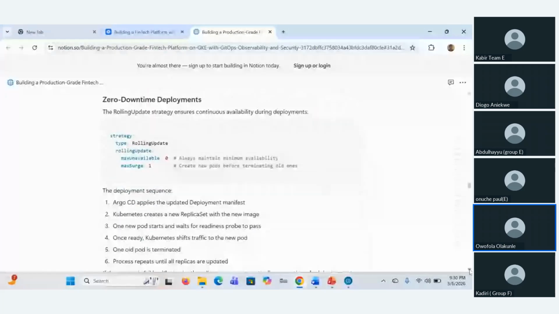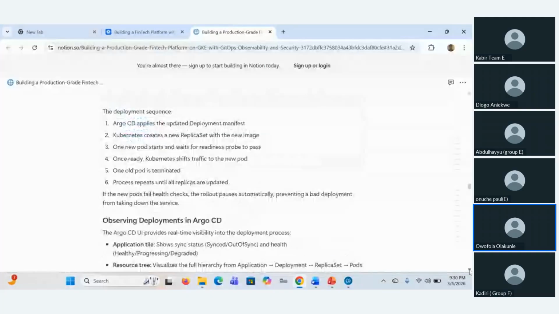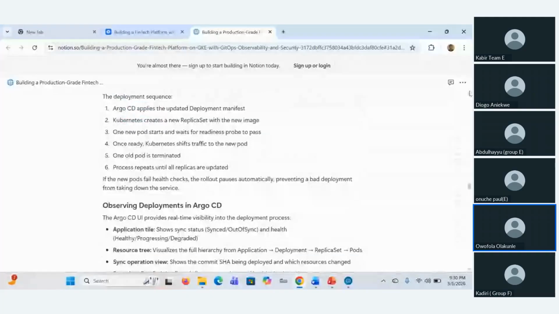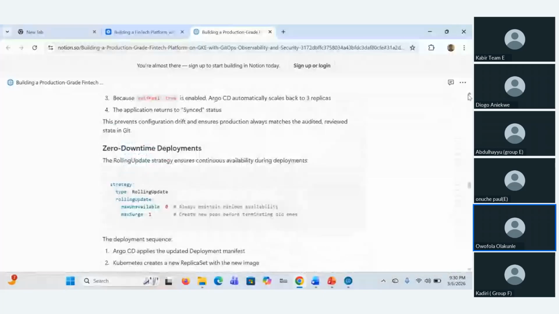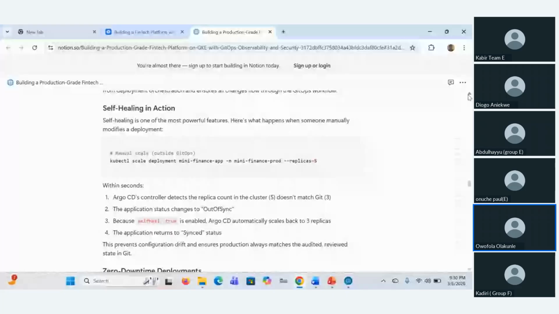So we'll talk about the self-healing here. For the self-healing, let's say we make changes to our cluster manually, maybe using kubectl.